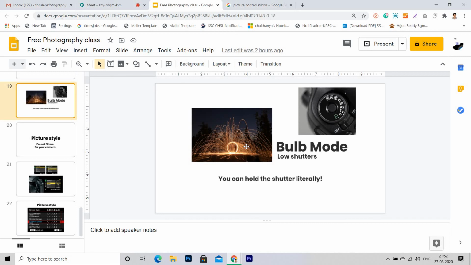So until and unless you try experimenting with this, you will never understand these bulb or low shutter modes. Low shutter is very common, leave aside bulb, shutter is very common in every camera. So everyone who has gear should try this.